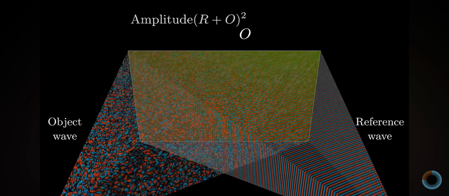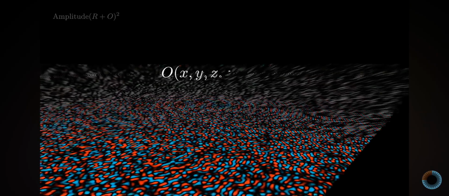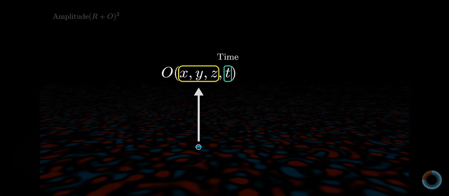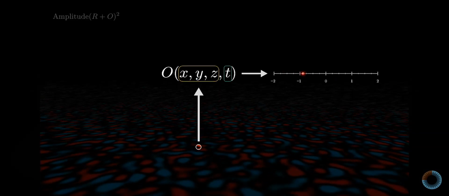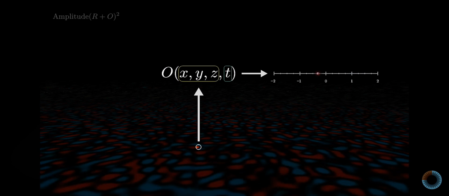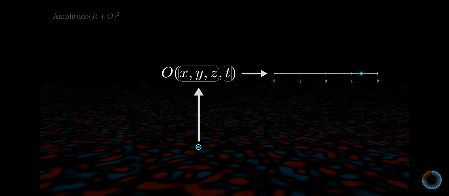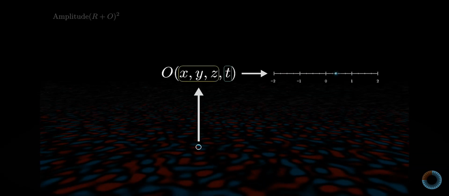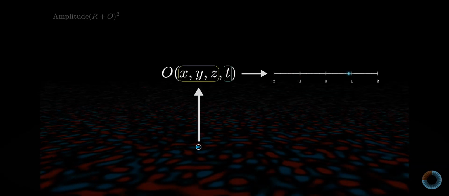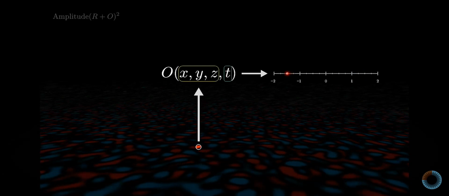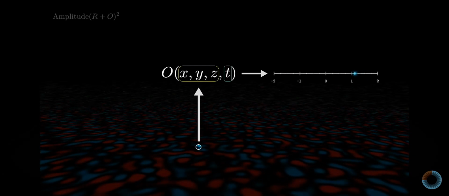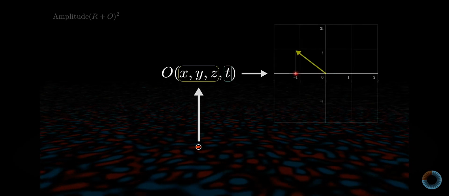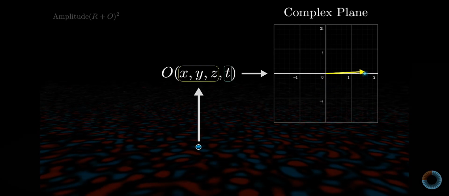Each of these symbols, say the object wave O, is meant to represent a function that takes in a point in space, as well as a time, and returns some real number value describing the strength of the wave at that point. It's an incredibly complicated function, but at a fixed point in space, this output value simply oscillates up and down over time, which we've been visualizing throughout as oscillations between blue and red. Very often, the math that you do with waves has a habit of becoming a lot more elegant when you treat an oscillating value like this not merely as a real number, but as the real component of a rotating